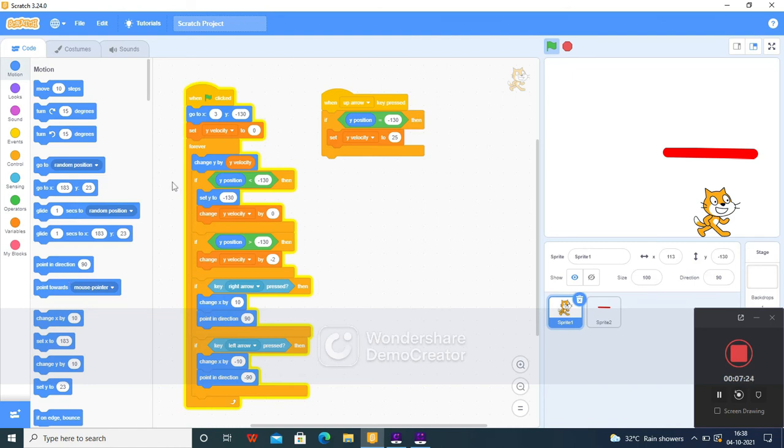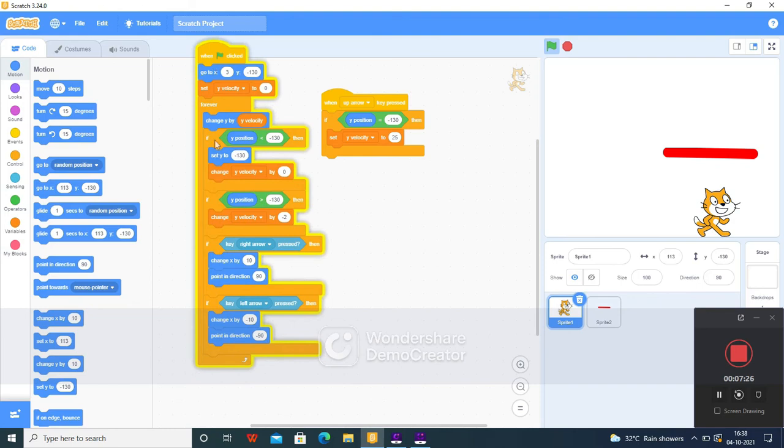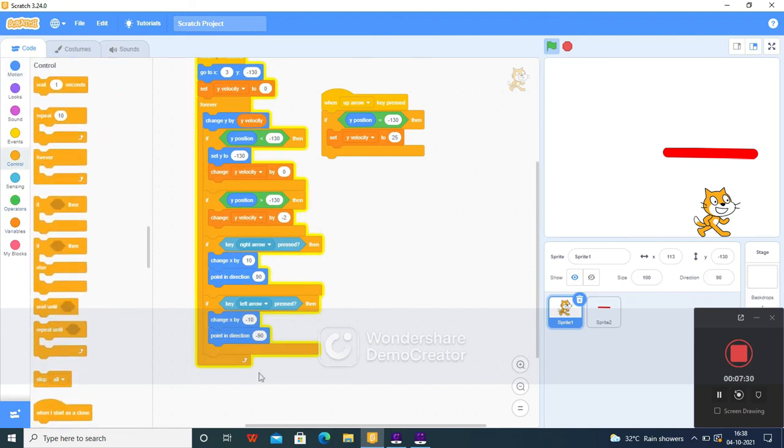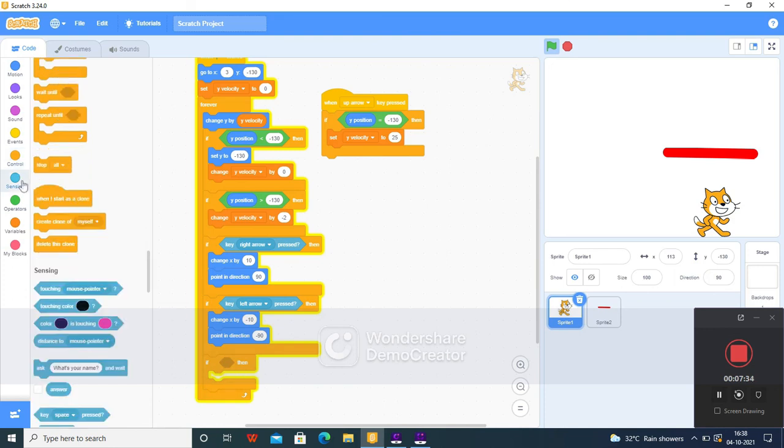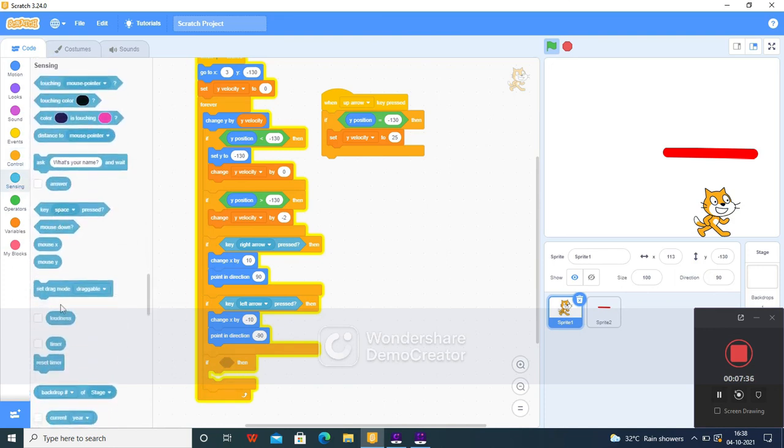The next code is to make it stand on the top. Let's go to control and take if touching sprite 2. What should happen?